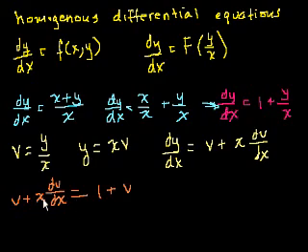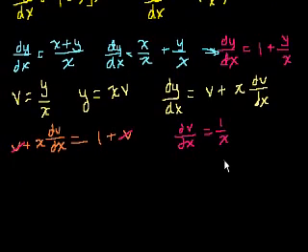So let's see, we can subtract v from both sides of this equation. Subtract v from both sides. And then what do we have left with? We have x dv dx is equal to 1. Let's divide both sides by x, and we get the derivative of v with respect to x is equal to 1 over x. It should maybe start becoming a little bit clear what the solution here is, but let's just keep going forward. So if we multiply both sides by dx, we get dv is equal to 1 over x